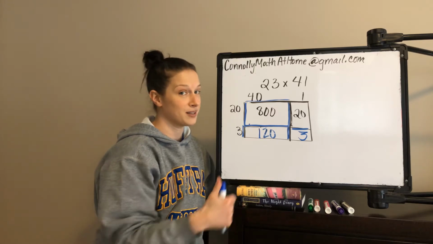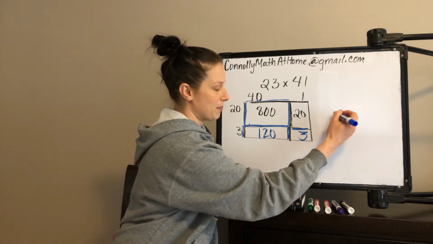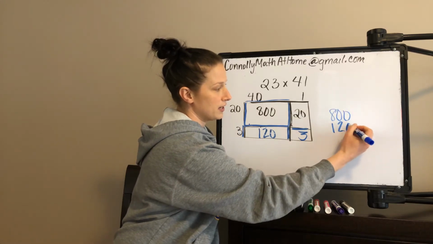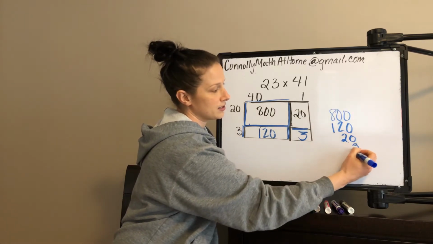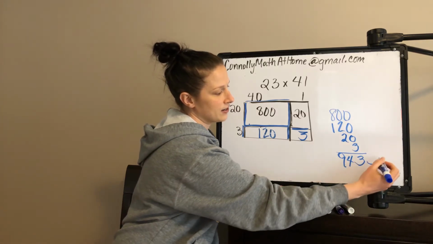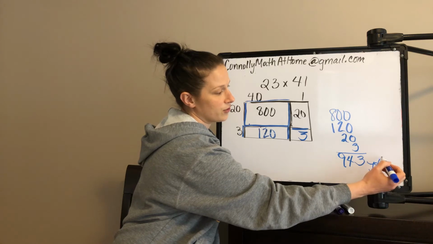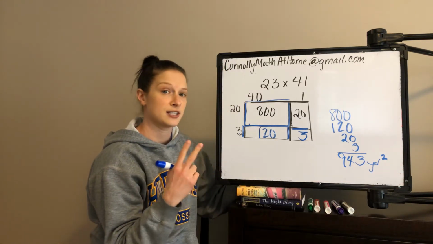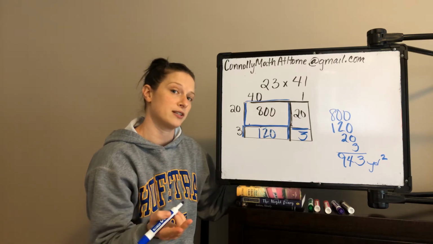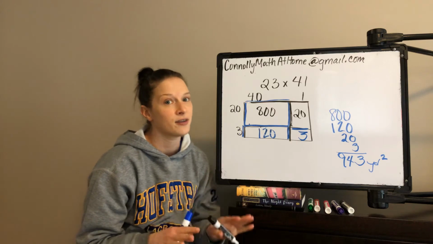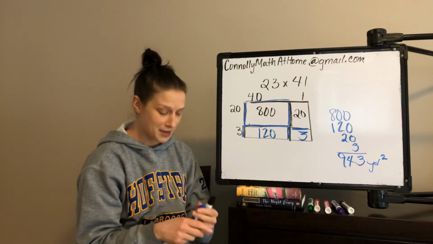Okay, if you're at home, give me a thumbs up if you agree, you remember what we're talking about. So we would add up 800 plus 120 plus 20 plus 3, and we would get our final answer of 943 yards squared. We're talking about 2 dimensions, length times width, so that's where we would get squared in my story problem context. Okay, so that was a very quick review of something that we've reviewed a million times this